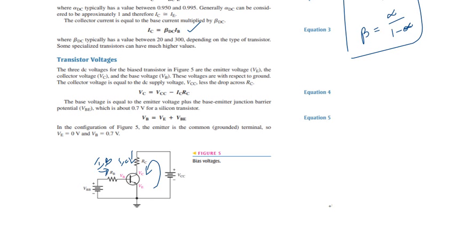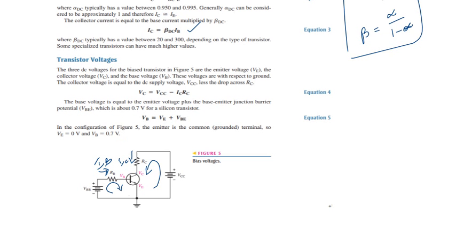right? So if you apply Kirchhoff voltage law for this loop, it would be minus VBB plus IB RB plus VB. So VB, keep the other terms to the right side, we get this. Note that VE is connected to ground, so VE is 0. VB is nothing but VBE, the base and emitter voltage, that is very close to 0.7 if it is a silicon transistor. Because E is 0, VBE and VB are the same, approximately equal to 0.7 volt.